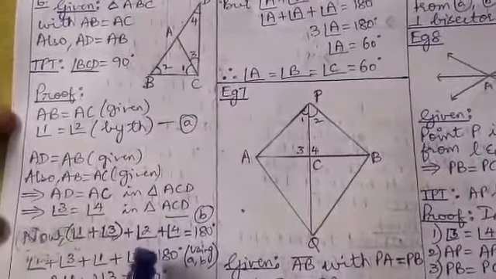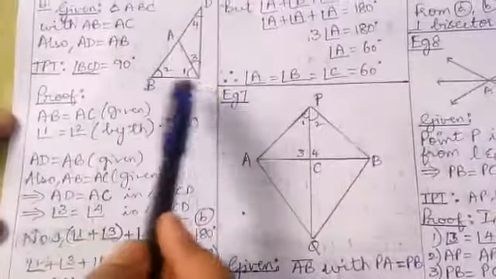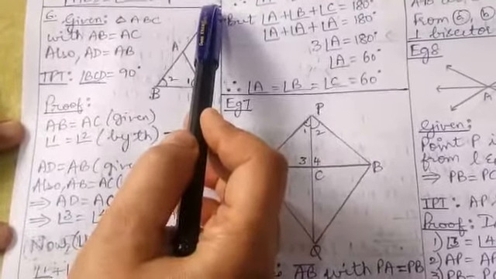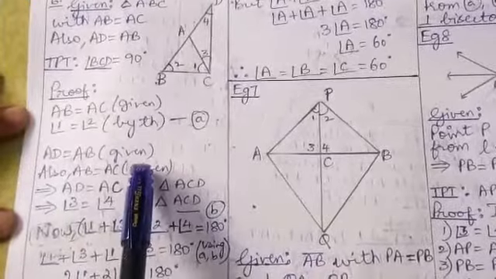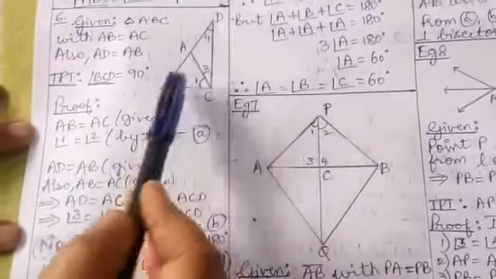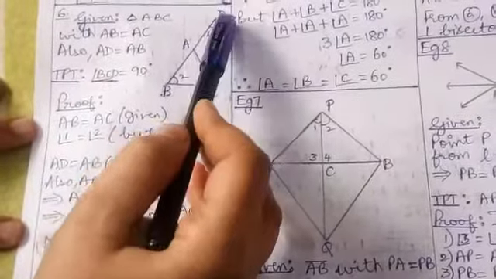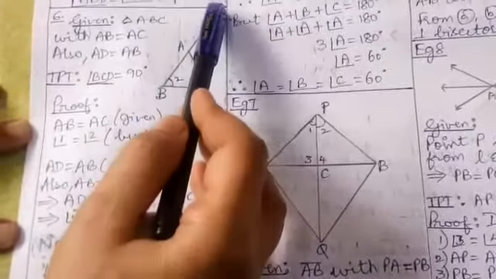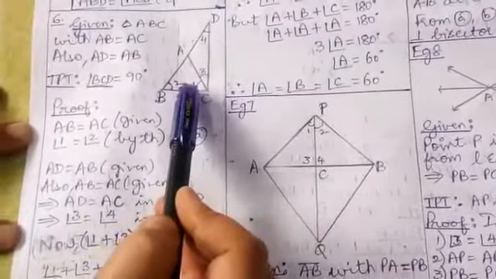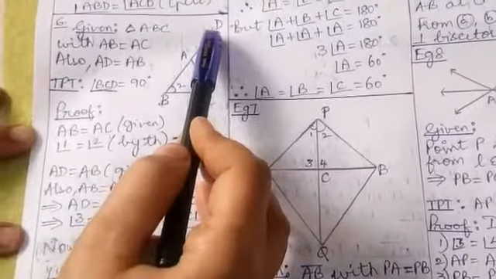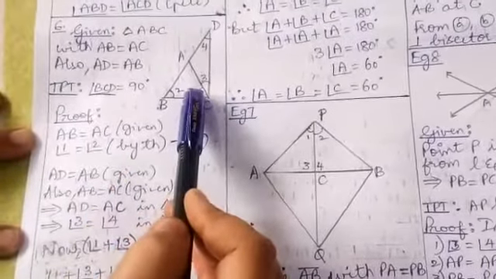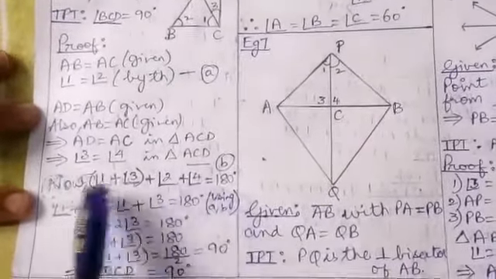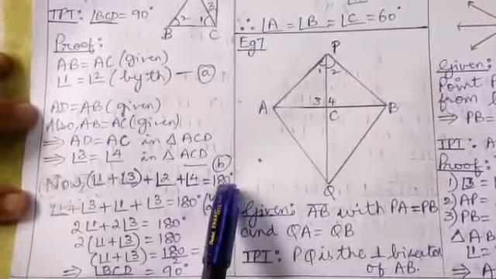Now, use the angle sum property in a triangle. Take up the whole triangle BCD. We know that the sum of the three angles of a triangle equals 180 degrees. Now which are the three angles of triangle BCD? Angle 2, angle 4, and angle 1 and 3 together make one angle. They are not two different angles in triangle BCD. 1 and 3 make one angle. Angle 2 plus angle 4 plus angle 1 plus 3 equals 180. So this is one angle, this is the second angle, this is the third angle. The sum of the three angles of triangle BCD equals 180.